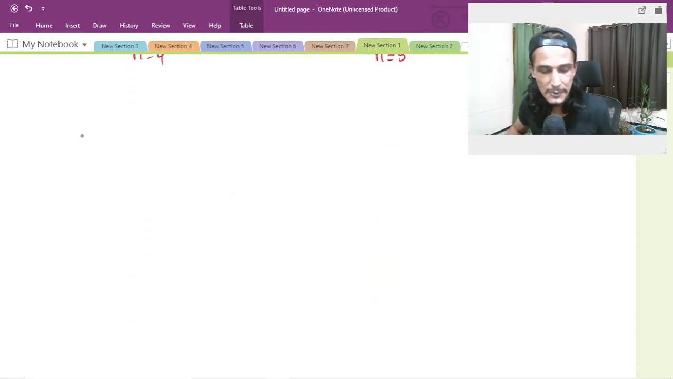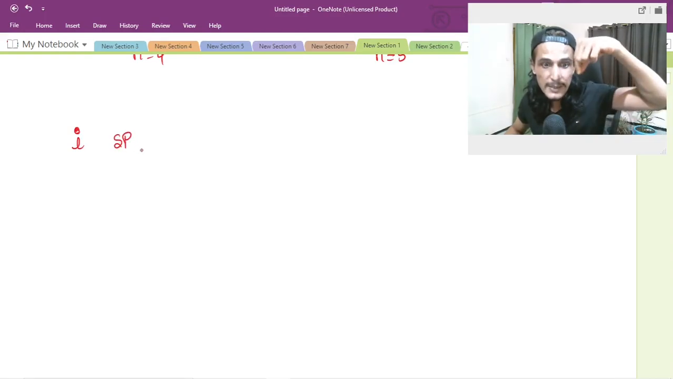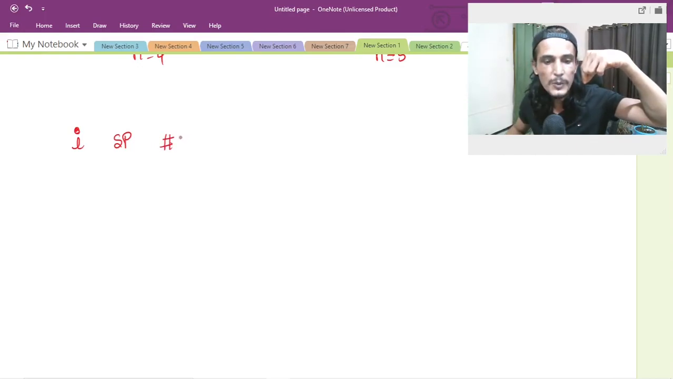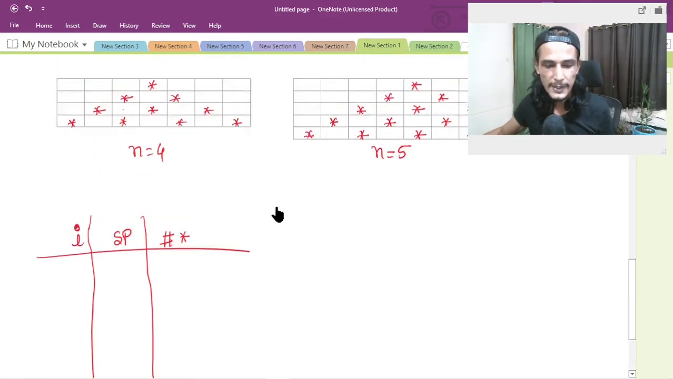So what are the things that we're interested in? Let's say we are interested in the current row number i, and we want to know in that row what is the starting point, from which index we want to start printing the stars, and how many stars we want to print. So these three parameters, we just want to see if there is a relationship among these three parameters or not. Okay, so let's go back to our